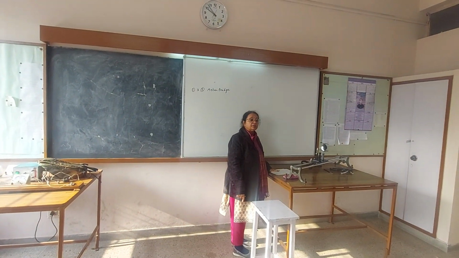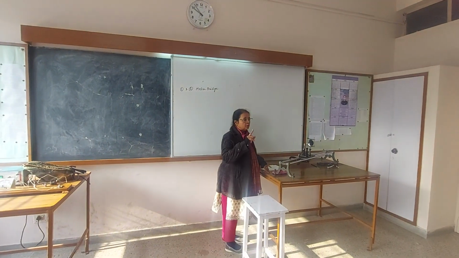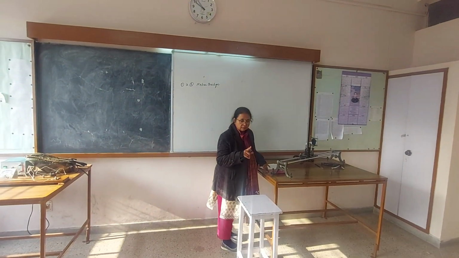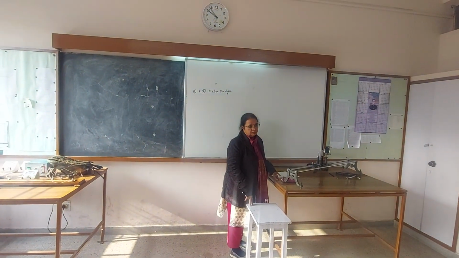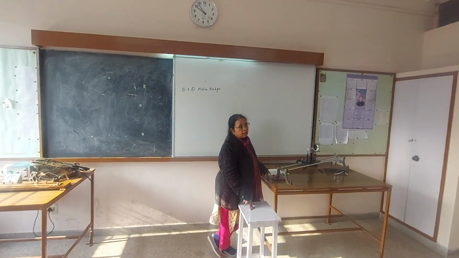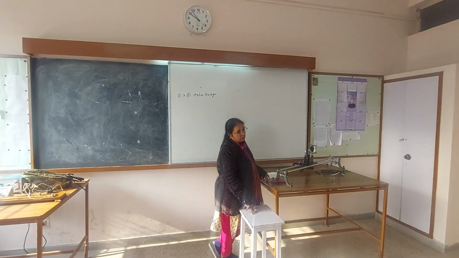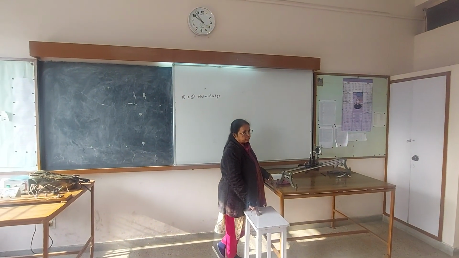What is the range of the resistance box that we are giving you? 0 to 10 ohm. That's why you don't notice all these things. Range of the resistance box is 0 to 10 ohm. And what is the EMF that you are supposed to be using? 2 volt, not 4. Okay, again, be careful.